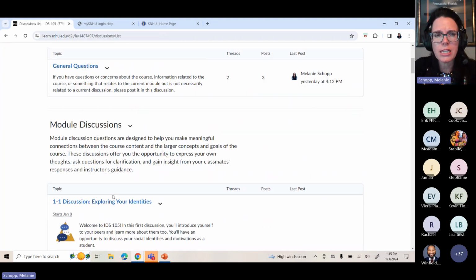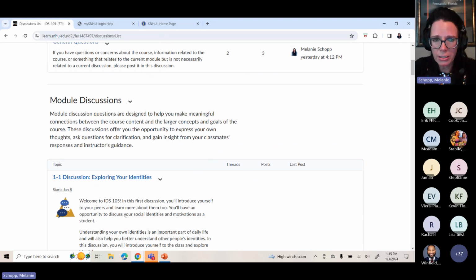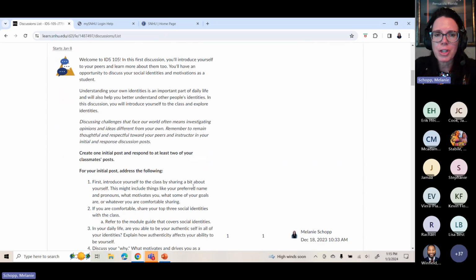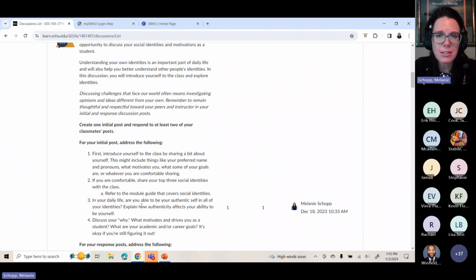The other thing is your module discussions are going to be all here. You click the blue to get started. So for example, for next week, you're going to be introducing yourself, which is awesome, and then you're going to share your top 3 social identities, and then you're going to answer question 3 and question 4. So basically, you want to make sure that you review the content, and then you come in